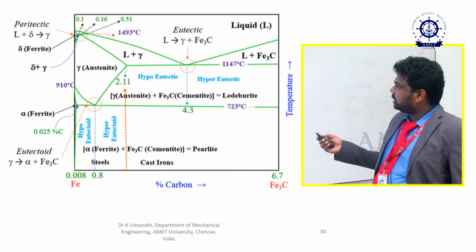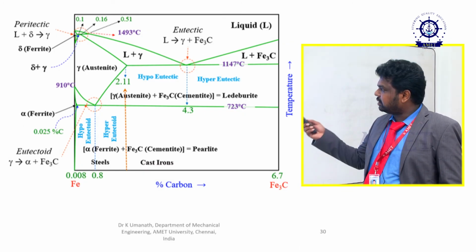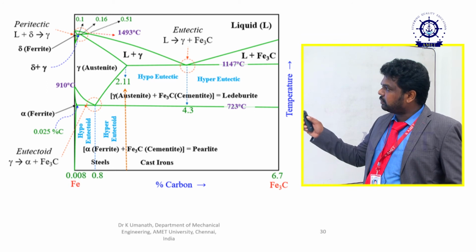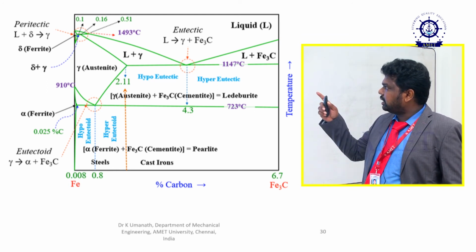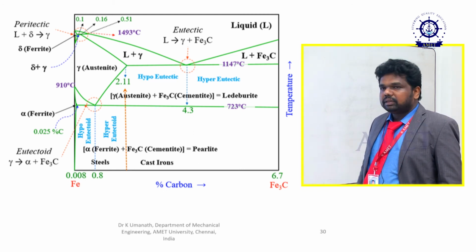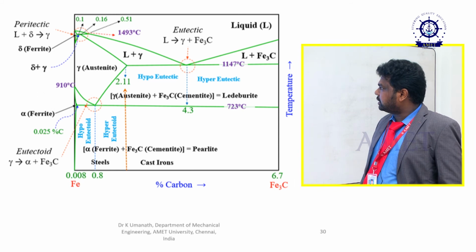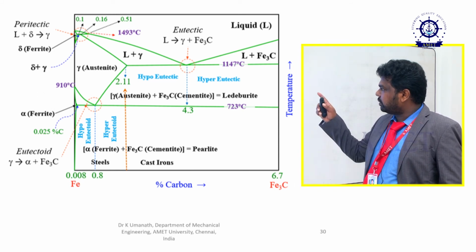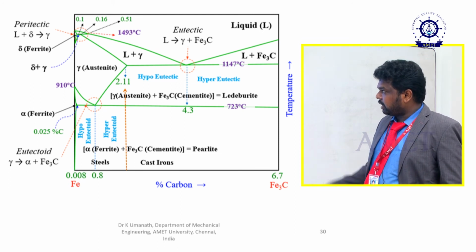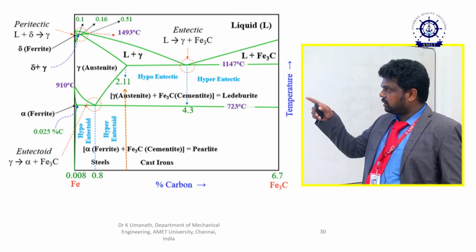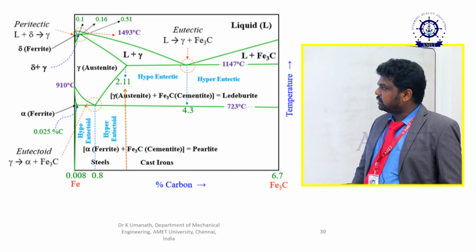Now I have removed all the colors, and I show the important things for this iron carbon diagram, all the reactions. See, in the eutectic reaction, a liquid is transformed into gamma plus Fe3C. It occurs at 1147 degrees centigrade at 4.3 percent carbon, noted in the three circles. All the reactions occur at these three points.